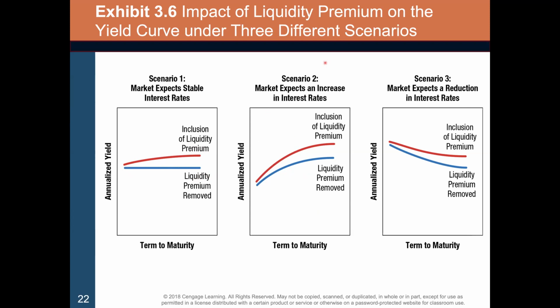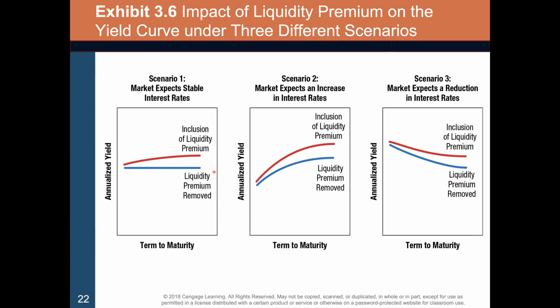In this slide, we're going to discuss the impact of liquidity premium on the yield curve under 3 different scenarios. So our first scenario, the market expects stable interest rates. The second scenario, the market expects an increase in interest rates. And the third scenario, the market expects a reduction in interest rates. So what we have here, the blue line, let's look at this first, where we're just looking at stable rates. We don't expect rates to go up. The interest rate without the liquidity premium included would just be a flat line. But because of the longer term to maturity, we are requiring a premium. You can see that premium gets higher and higher as that's included in the total interest rate. And you can see between the blue line and the red line, the longer term maturity, the higher the demanded